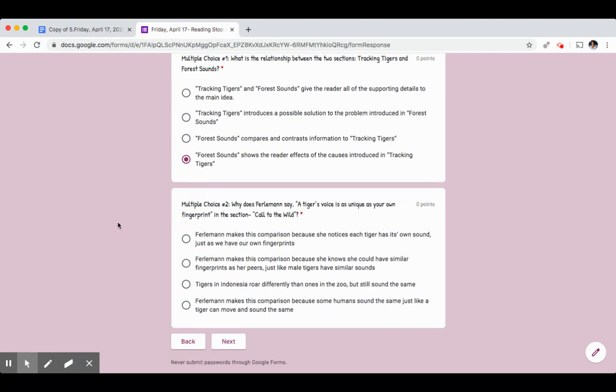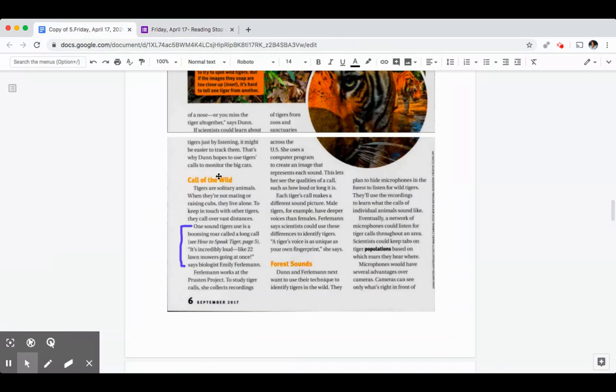What did you think for multiple choice question number 2? Number 2 asked us, why does Ferliman say a tiger's voice is as unique as your own fingerprint in the section called Call to the Wild? Well, this question is asking us about a specific section. What should we do first in order to be best prepared to answer this question? Exactly, we should go back and reread the section Call to the Wild. In Call to the Wild,